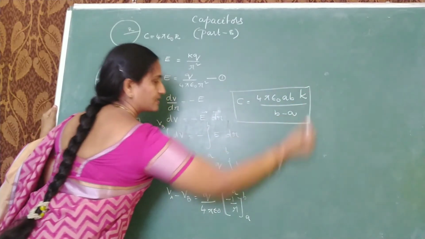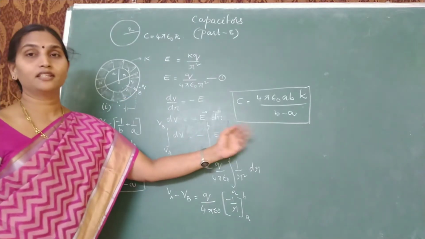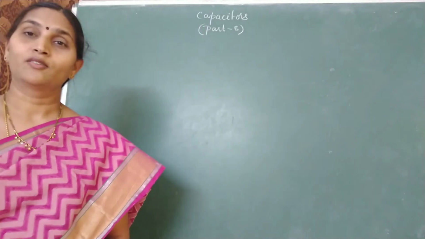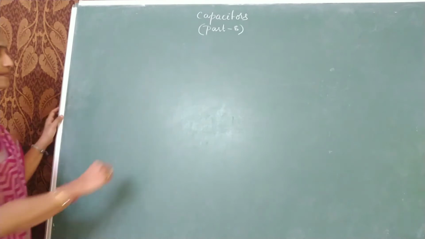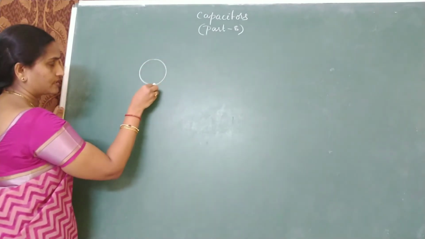So this is the first case of two concentric shells, and how do we determine the equivalent capacitance? Now coming to case 2 for calculating the equivalent capacitance. Okay, so here the question is, two concentric shells